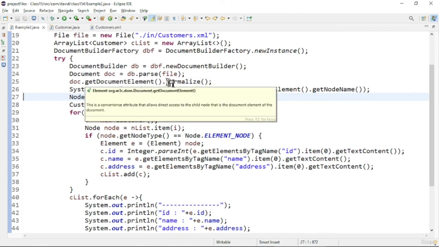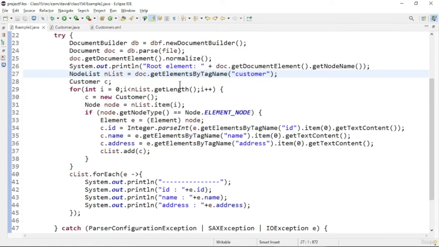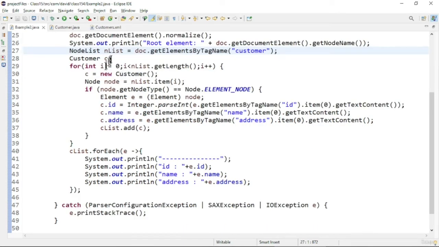Then I'm doing the normalize operation, and after that I'm printing the root element. Here you can see the root element will be customers for us, so it will print that value. After that I'm getting the node list using get elements by tag name, and the tag name will be customer, so we will fetch all the customers in the XML structure.